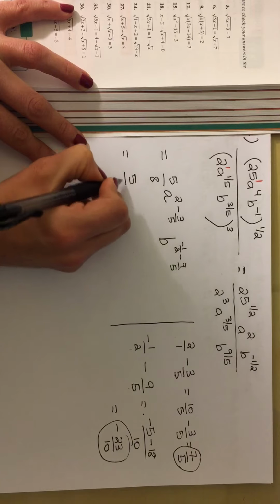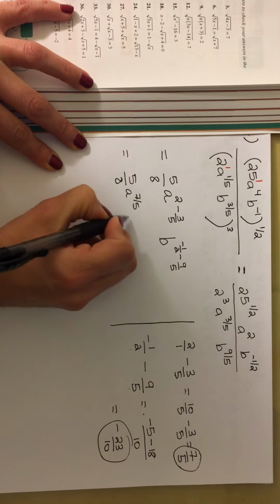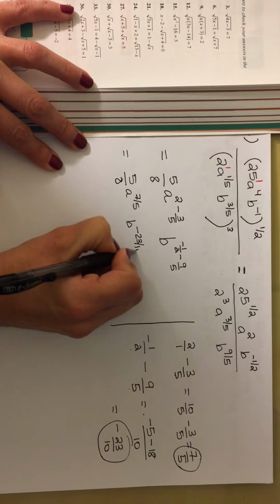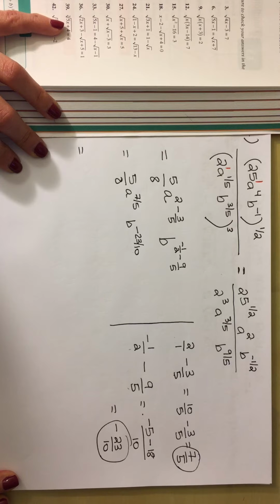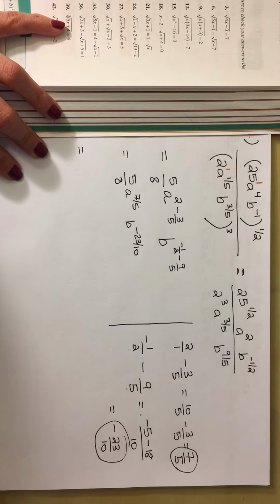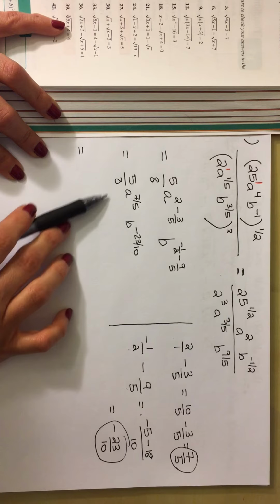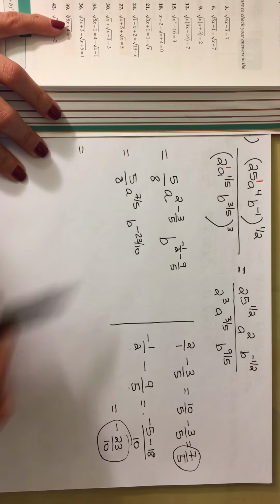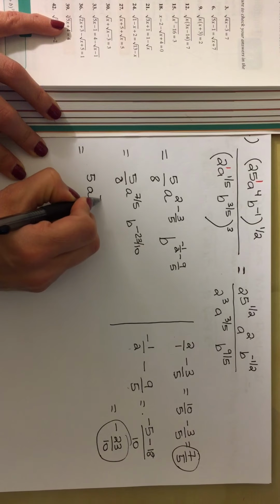Now that we have our exponents, let's go back to the problem. We have 5/8, A to the 7/5 power, B to the negative 23/10. One last thing you want to do is write your final answer with positive exponents, which means B needs to move to the denominator. A stays in the numerator. Our final answer is